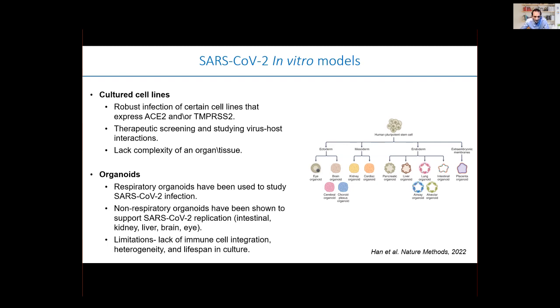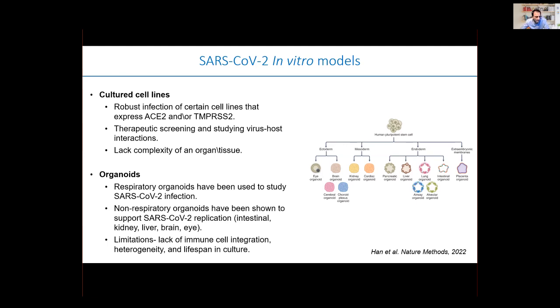So for example, we've used cultured cell lines to help propagate SARS-CoV-2 in the laboratory. These cell lines typically express ACE2 and TMPRSS2, either overexpressed or naturally expressed in lung cancer cell lines or transformed cell lines like CALU3 cells. And these are primarily great for therapeutic screening or studying virus-host interactions. They certainly lack the complexity of a given organ or tissue. And whenever you have a transformed cell line, some of those interactions interfere with the innate immune response, allowing for high levels of virus replication,